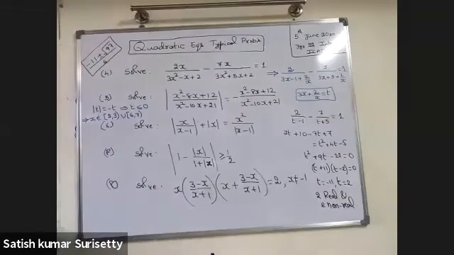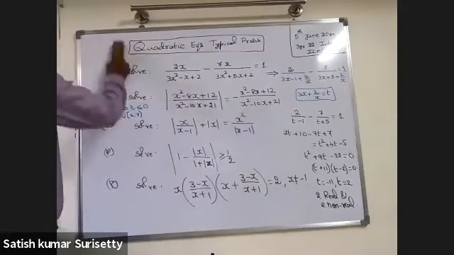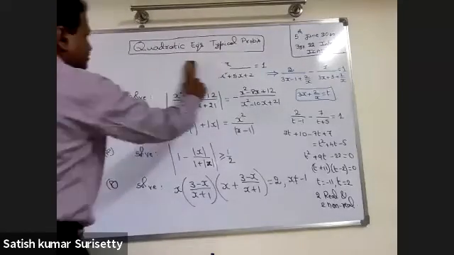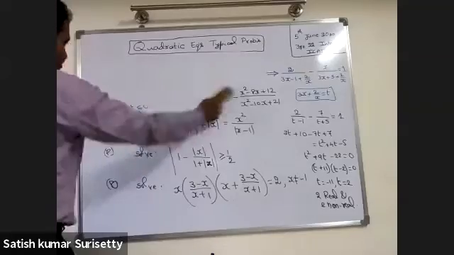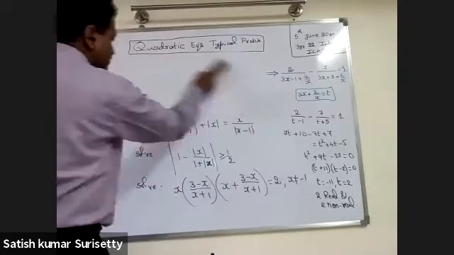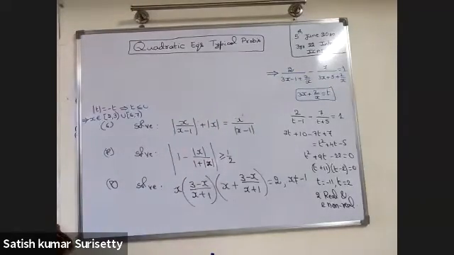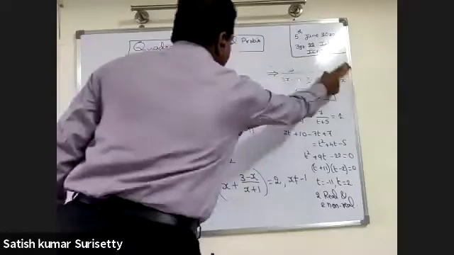Are you getting all of your fifth problem? Modulus of t equal to minus t form. So t less than or equal to 0. So factorize the numerator and denominator and apply the wavy curve method. Yes, sir. x belongs to closed 2 to 3, union closed 6 to open 7.